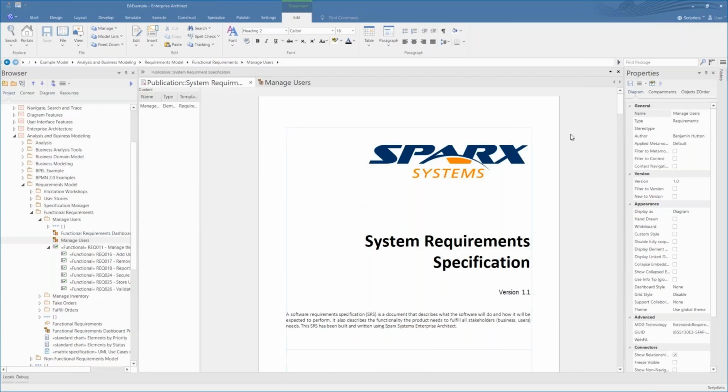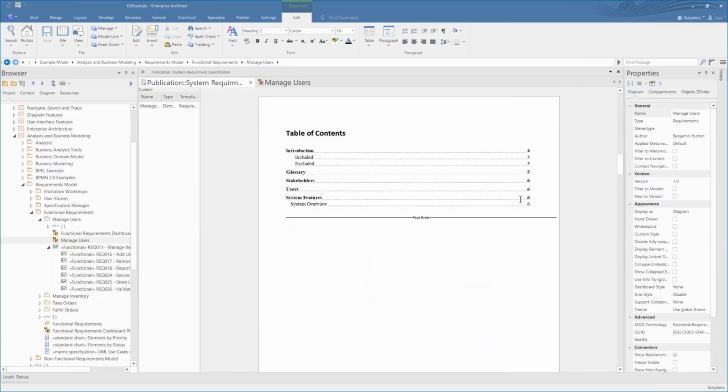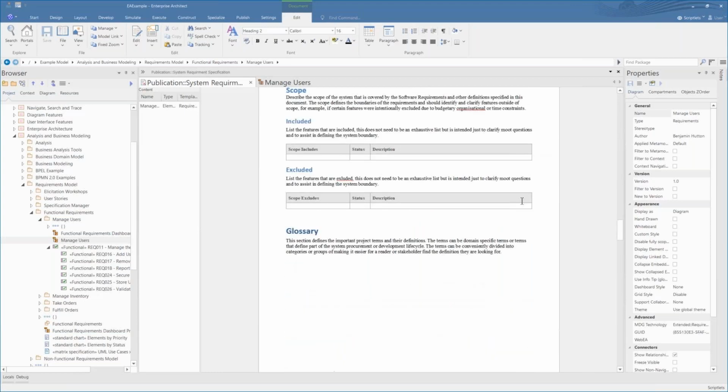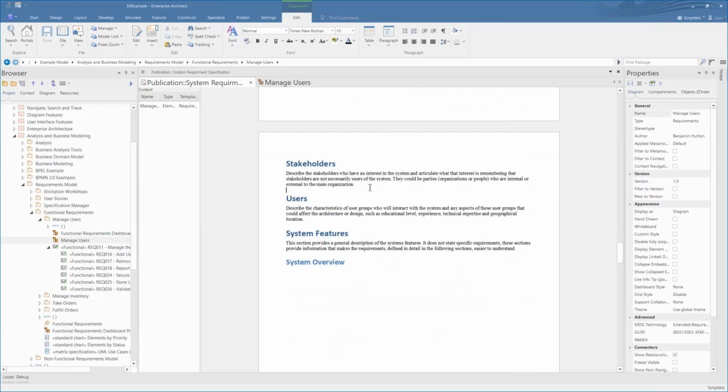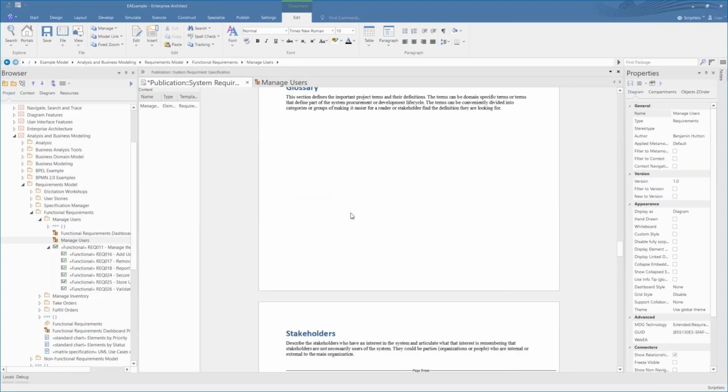The other thing that's worth pointing out is that we've been able to create an entire system requirement specification with detailed information about the requirements for the managed users section, and it's only taken a couple of minutes. So it's really quite a powerful time saver, and it's very easy to add information and to make updates and to make changes, and for those to be reflected. So the next thing I'm going to do is insert another page break and lay out